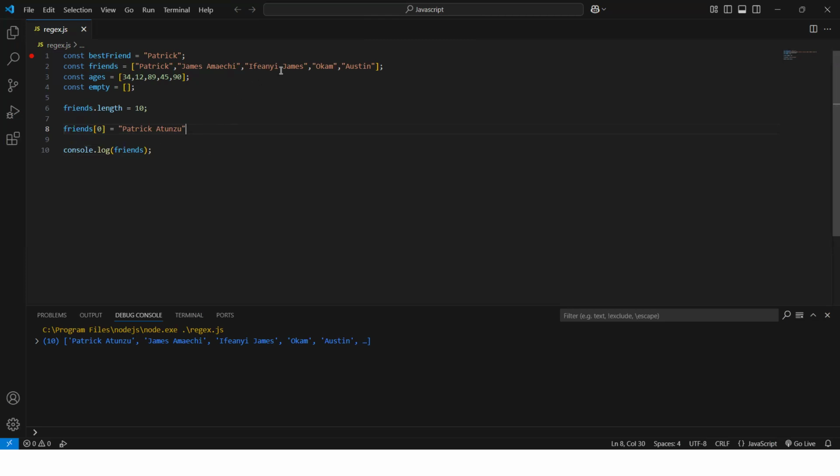So if you want to modify James, if you want to modify Austin, you can just look for the index. The index there is 4. I can say 4, and I can go on and say,